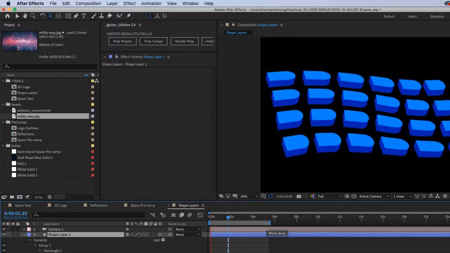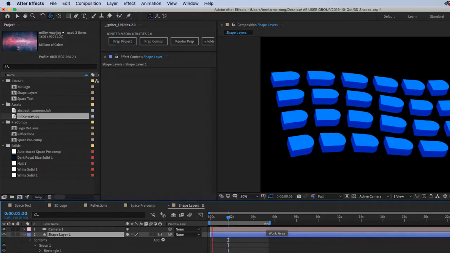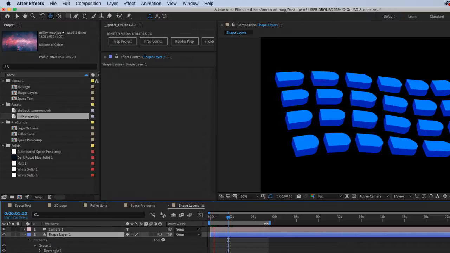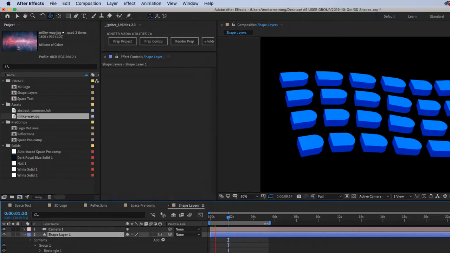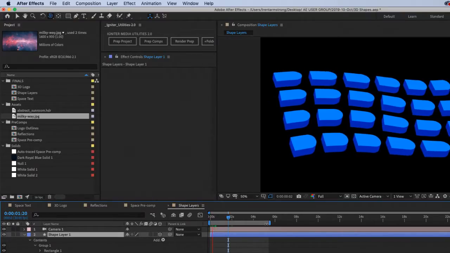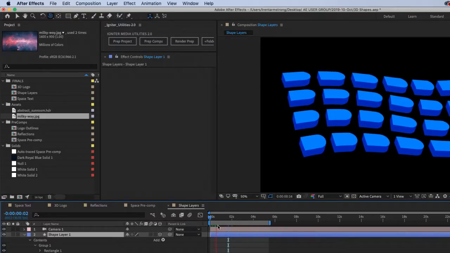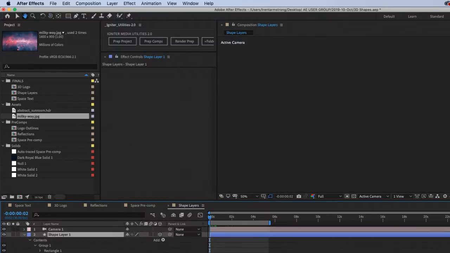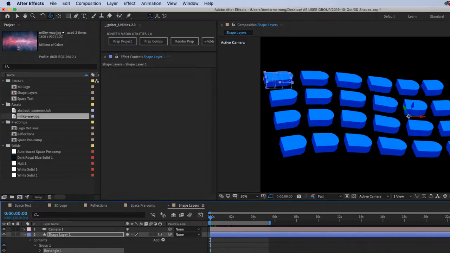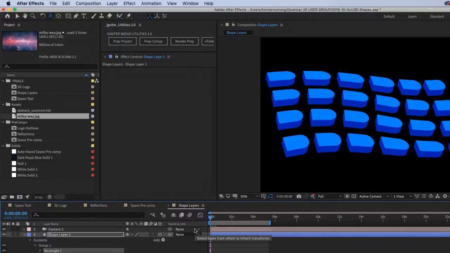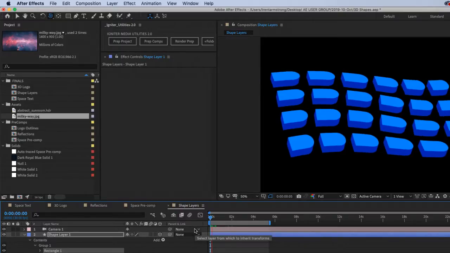And now they're being offset. And something goofy is going on. I'm not exactly sure what's happening with that. But they should just be moving.